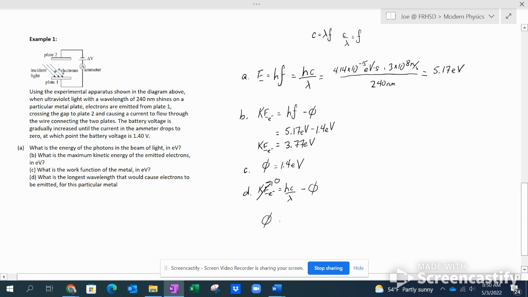So 0 is equal to hc over lambda minus the work function, or the work function is equal to hc over lambda. Lambda is equal to hc over the work function. And if we calculate this out, we get 4.14 times 10 to the negative 15th electron